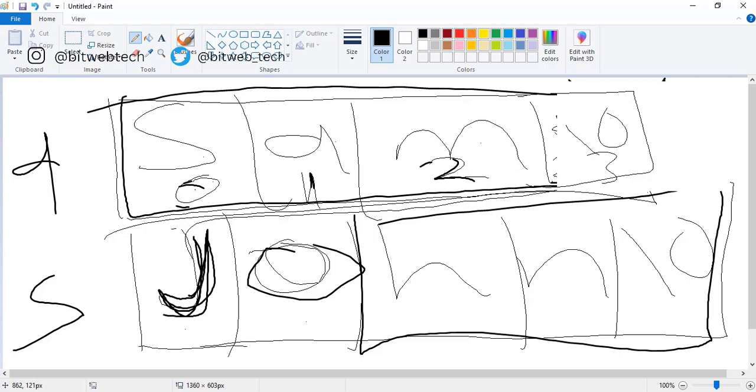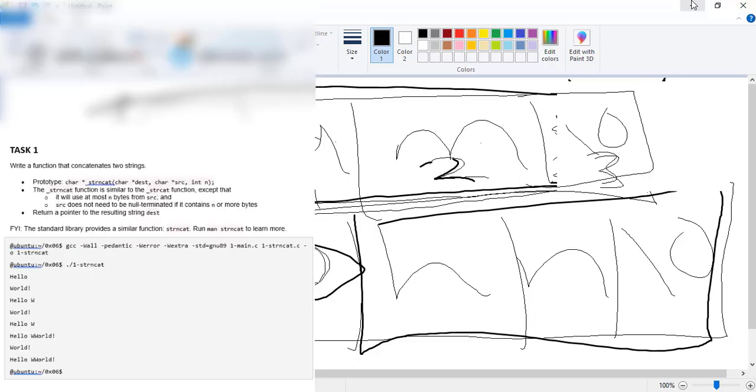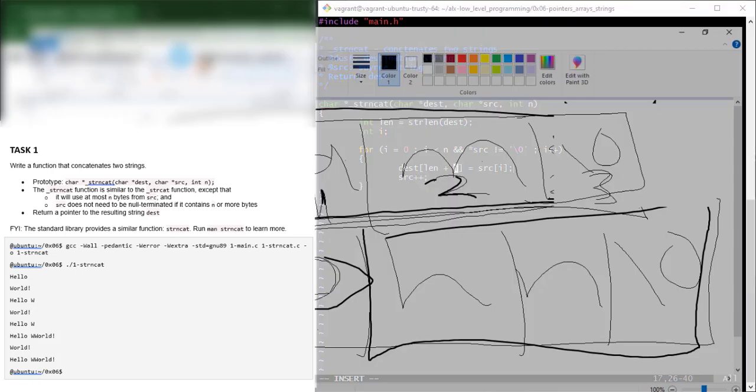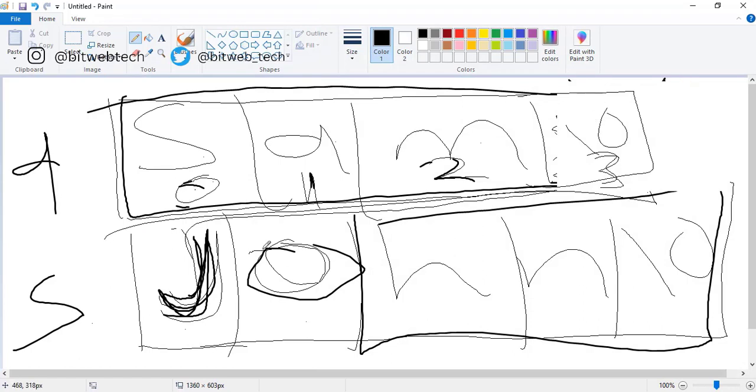So from which index do we need to begin appending the content of s2? From index 3. So the length of the destination string is equal to the index at which we need to begin appending. That's why we need to find the length of dest. Please refer to the previous video if you've not gone through it. And we all know why we add the i here, because we need to find the index so that if we move to the next iteration,